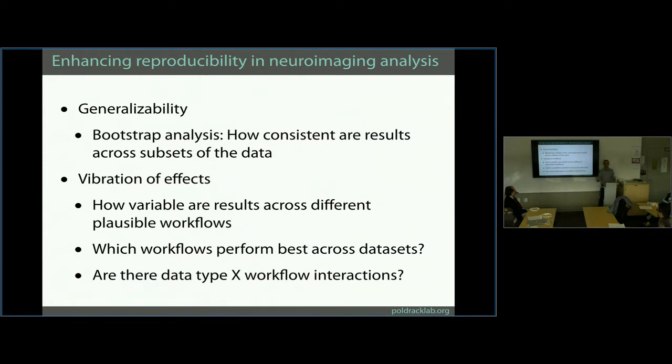Once we have enough data, we can start to ask those kinds of questions to really think about optimizing processing streams. So if somebody just shows up and says, I have this data set on schizophrenia, I want to know how their activation differs from healthy controls, we can say, here's a set of curated processing streams that we've determined to do the best job on data like yours. And obviously, if you want to try other things, you can. But the point is to give people defaults that we know to be good.